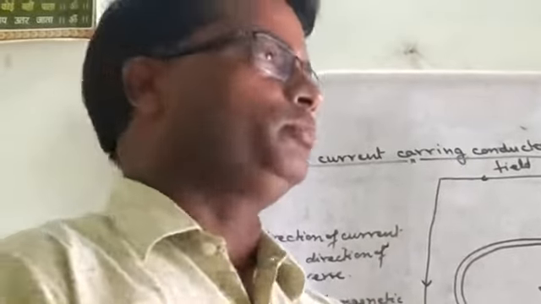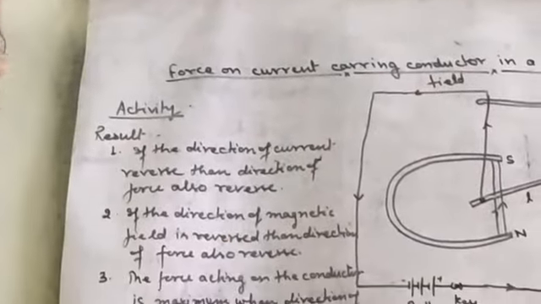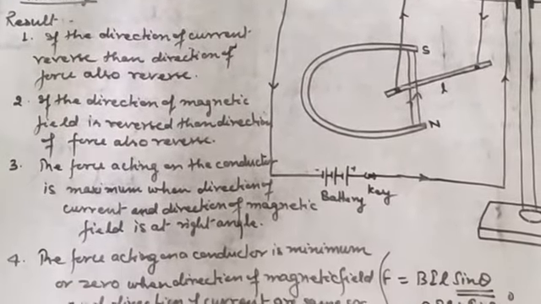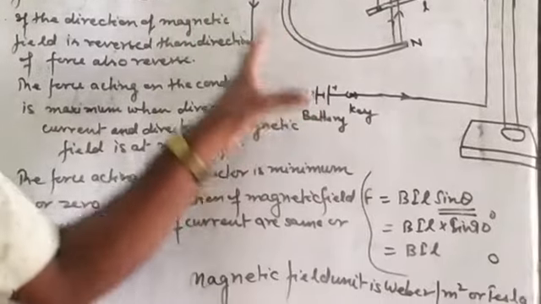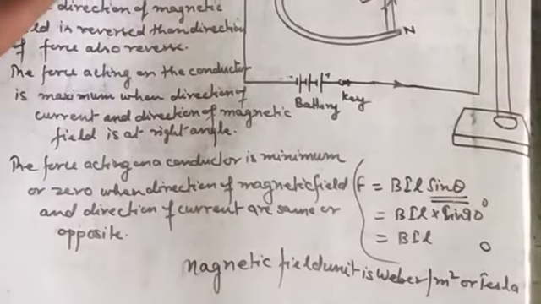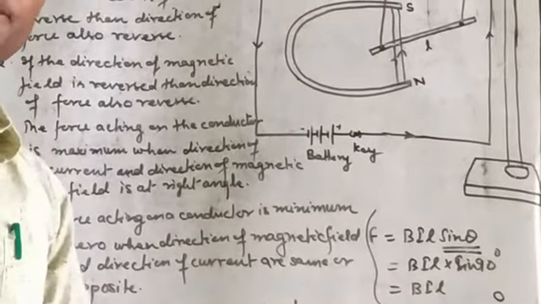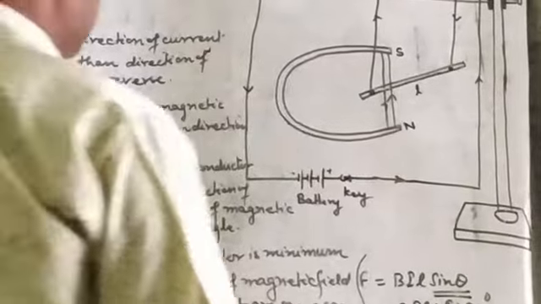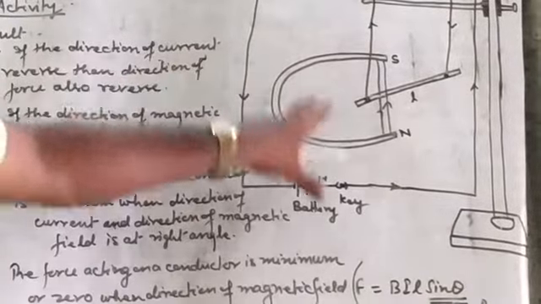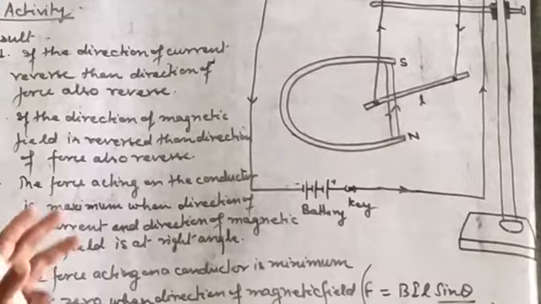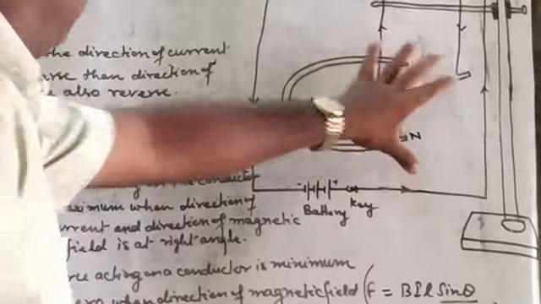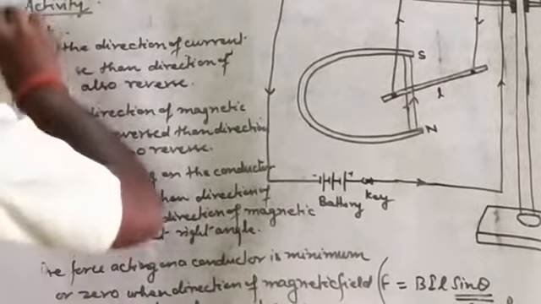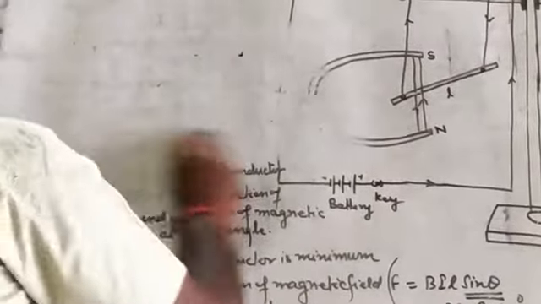To understand this topic we are studying all these things, and now two topics remain to learn about force on a current carrying conductor. After this I will discuss the electric motor. Here I discuss the result we observed from this activity, only this experiment and its result. After this I will discuss the factors affecting the magnetic force.